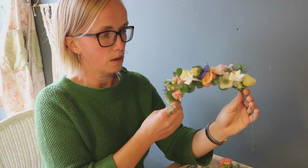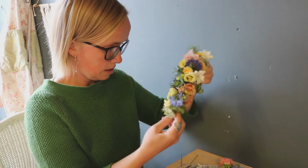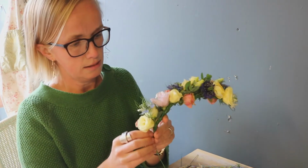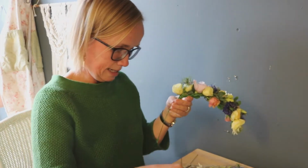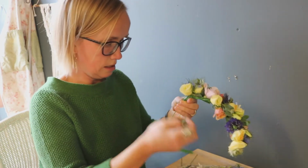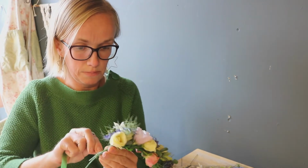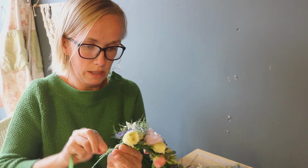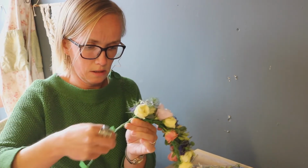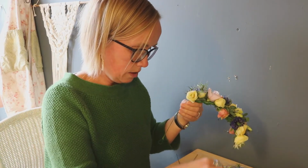So it's going to be quite a big crown, but sort of summery colours. I think it's quite lovely, really. So I'll just do a bit of this with you, and keep wiring stuff in. I think the thing to remember is the conditioning for a crown, making sure that everything has had a really good drink beforehand. The Nigella, I'm not sure in terms of how it would hold up,